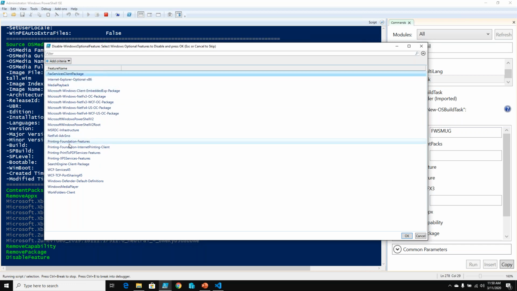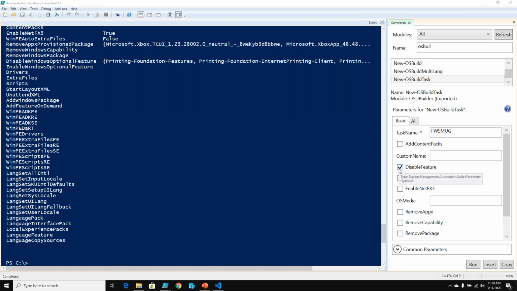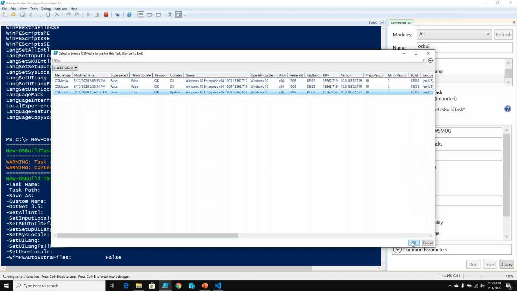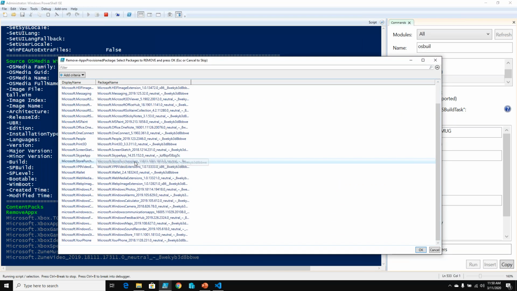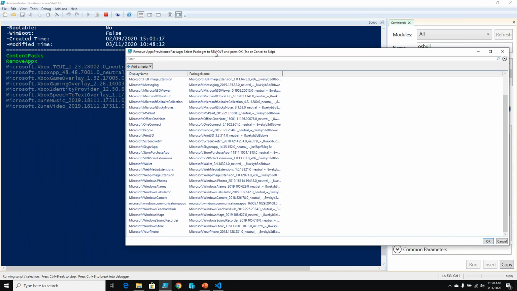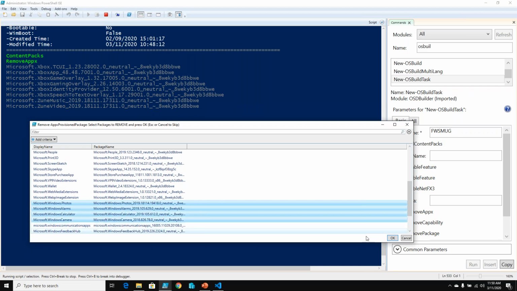And maybe I want to disable printing. If I come back in here and add remove APPX again, it's not going to reset the APPX and make me start over. It's already kept a history. Let me get this on top. It's already kept a history of what's in the JSON that I've told it to remove. So I can simply come in here and tell it,